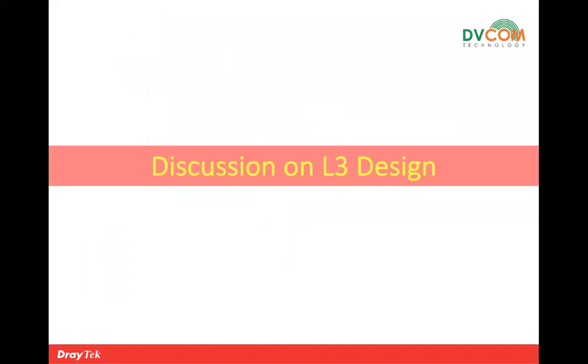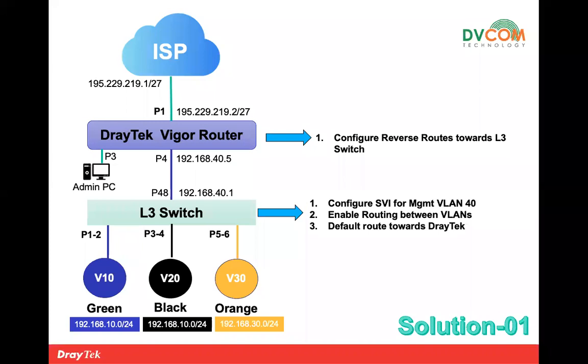So the next one is the layer 3 switch. This is very simple, guys. In case you have a layer 3 switch, you are able to do the routing and the switching. So between the VLANs, you can do the routing in your layer 3 switch. The only thing is you need to configure the SVI. SVI is nothing but switch virtual interface, guys, and keep the SVI in the management VLAN.